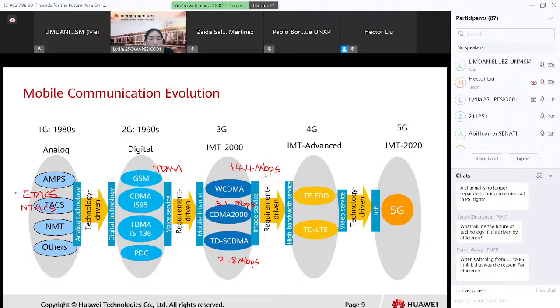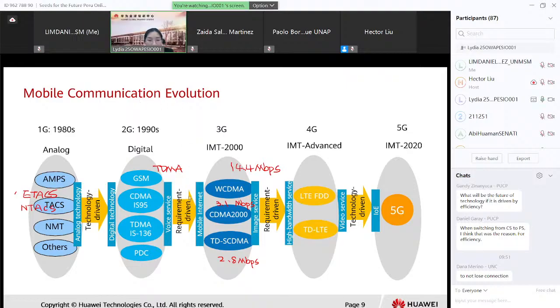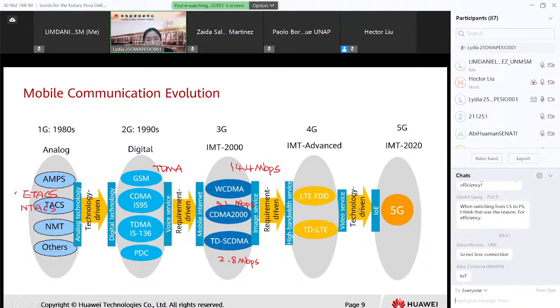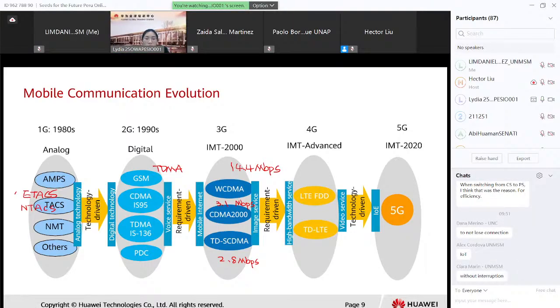Oh, I have not switched my screen. Here I introduced the technology driven from 4G to 5G. This part. IoT, you mean the IoT? I see, the ultra high reliability and the low latency. Actually it is